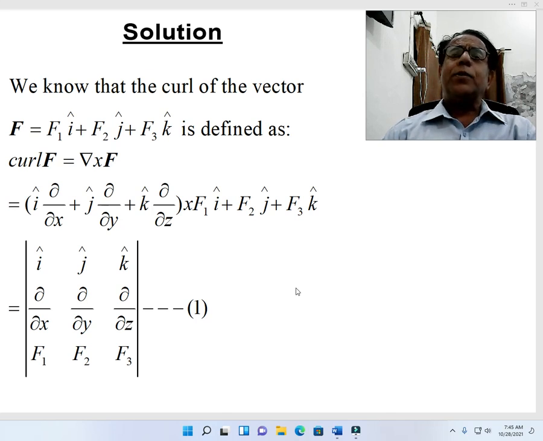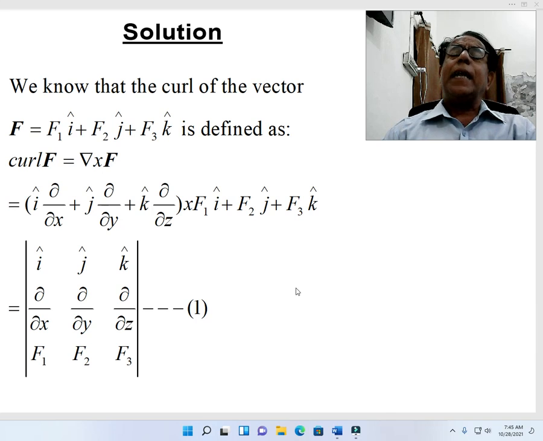I unit vector into partial over partial x plus j unit vector partial over partial y plus k unit vector partial over partial z into, or cross, because it is cross product. In place of f we have written f in this form as given, f1 I unit vector plus f2 j unit vector plus f3 k unit vector is equal to, then, dear students,